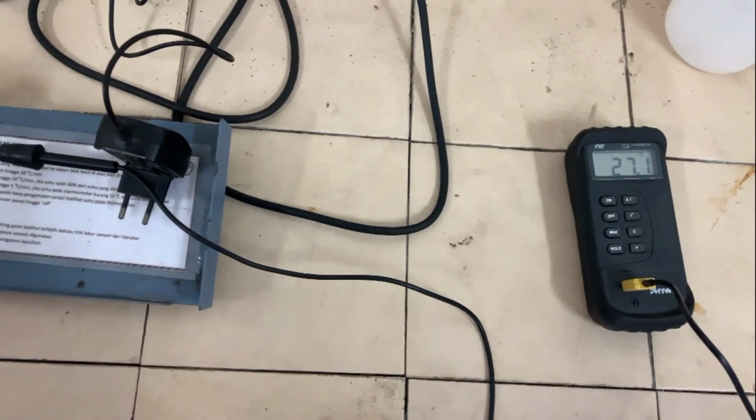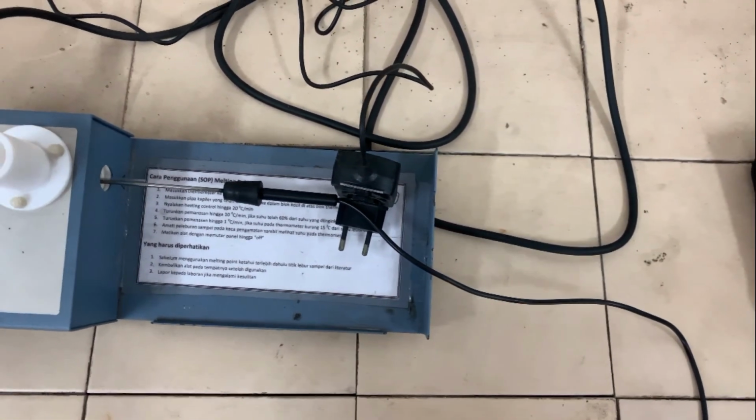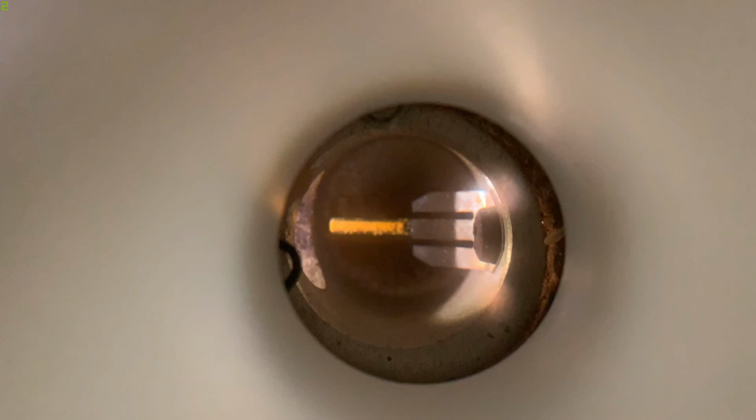In the result of the synthesis, observed physical properties: grinding for 20 minutes with vanillin and p-aminophenol in a 1:1 ratio produces a solid yellow color. The melting point test result with MPA shows the Schiff base has a melting point of 166 degrees Celsius,